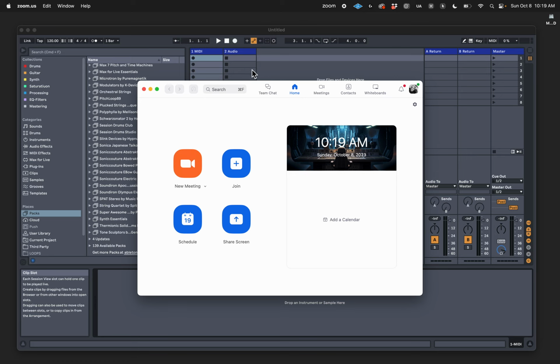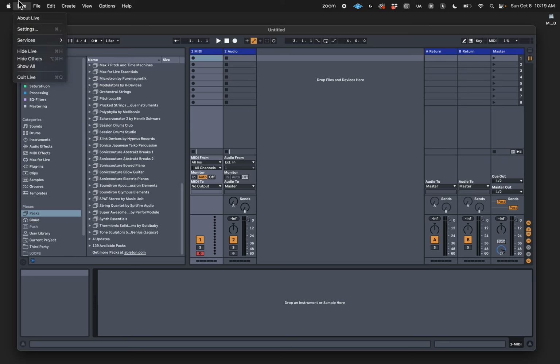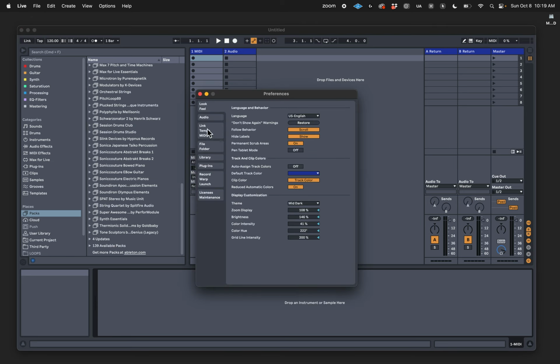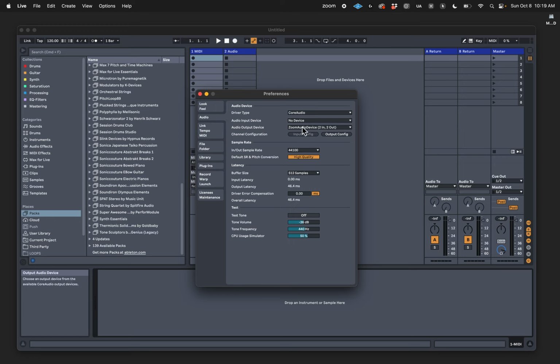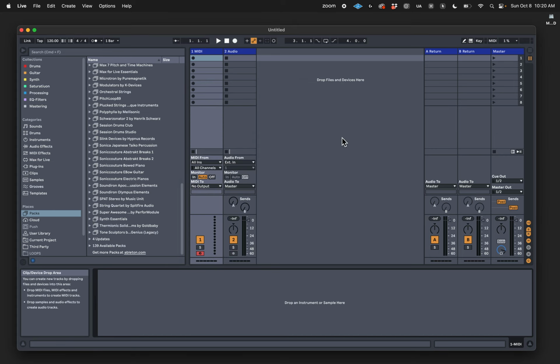And the next thing you're going to want to do is go to Ableton and go to its settings, go to the audio tab, and from there you must select the Zoom audio device as your output source. Your regular workflow is going to be outputted from whatever you are using as your audio input and output interface. However, for Zoom, just make sure that Zoom audio device is selected. That's so that the class, or so that I can hear your